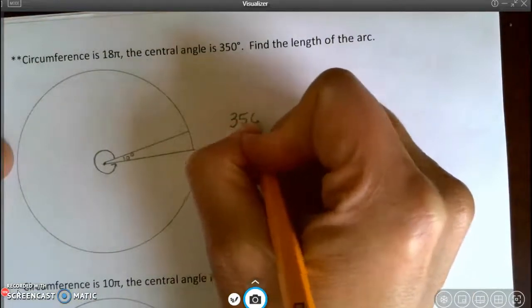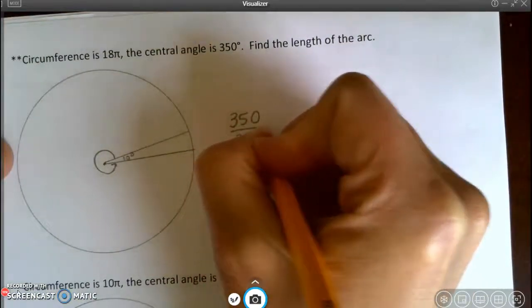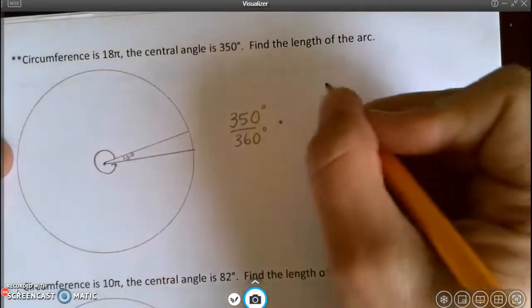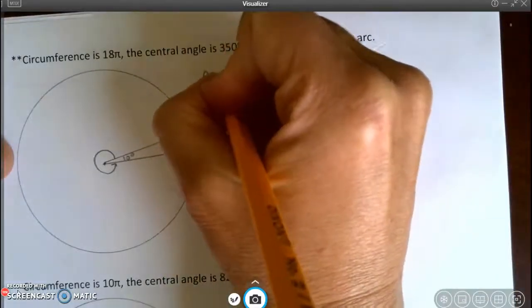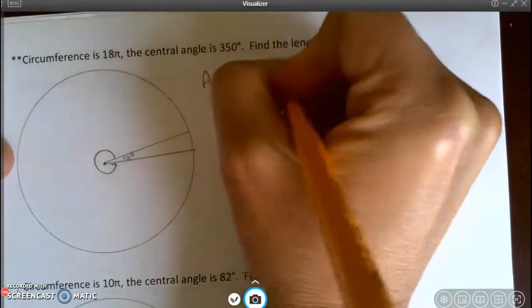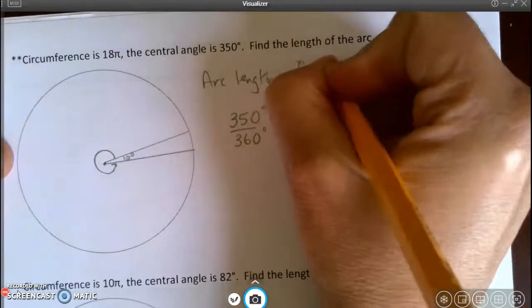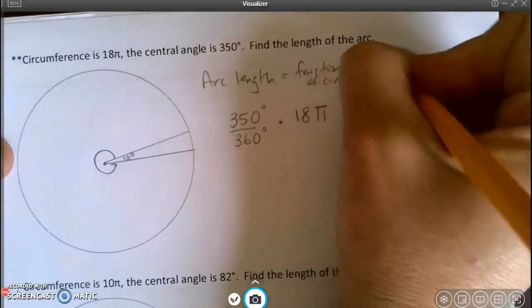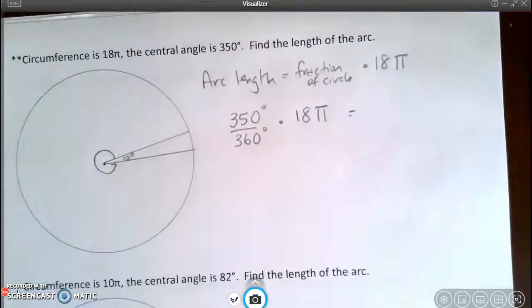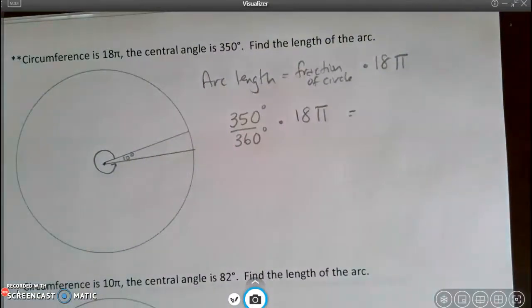Okay? So let's see. I've got a fraction of my circle. I have 350 out of 360 degrees times my 18 pi. In case you forgot, we're doing arc length equals my fraction of the circle, that piece of the circle, times the circumference. So I'm going to go ahead and put this into my calculator, 350 times 18, and then I'm going to divide by 360, and I get 17.5